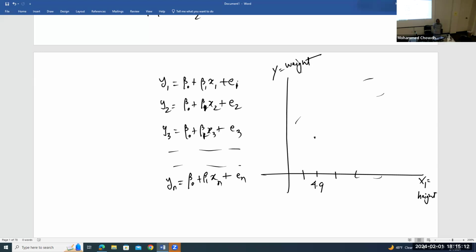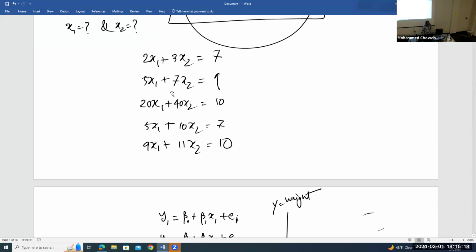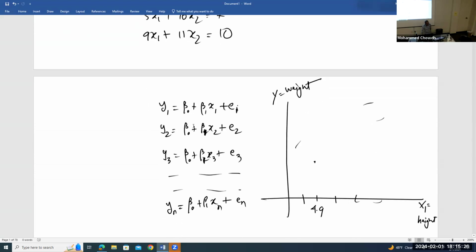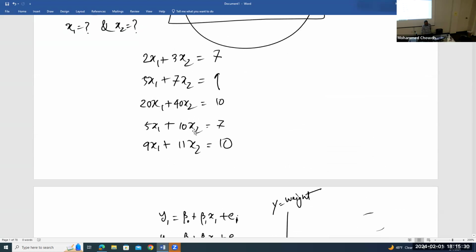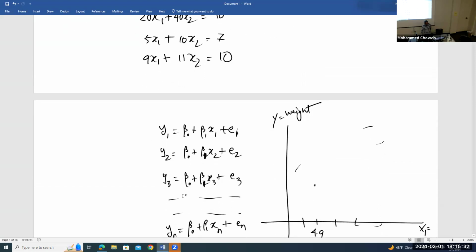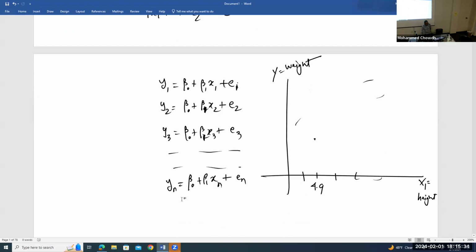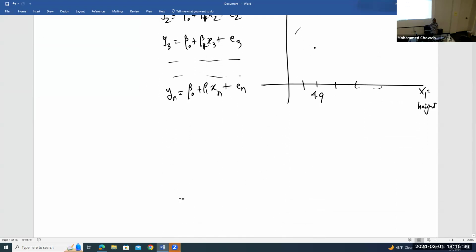Now, how can I estimate beta 0 and beta 1? Like the way I said, how can I get x1 and x2? Are you understanding? These are all linear equations, right? This is also all linear, the same format, exactly the same format as before. Clear, right? So Galton said that